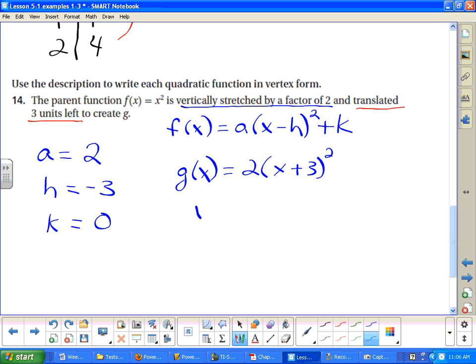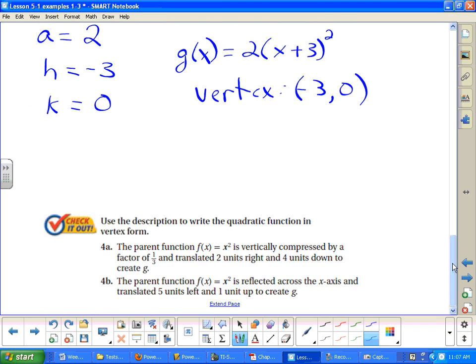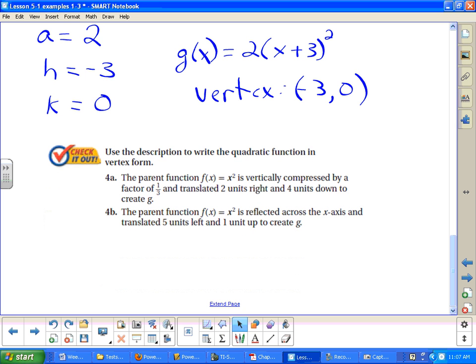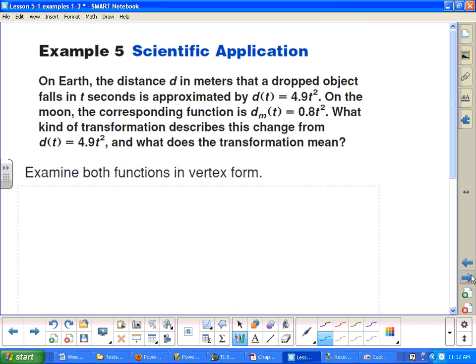So if I wanted to graph this, my vertex now is at the point negative 3, 0. So I want you to do letter B on the check it out. Okay, we have one more example for this